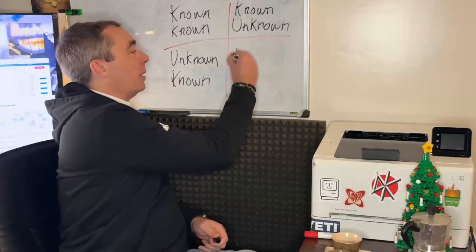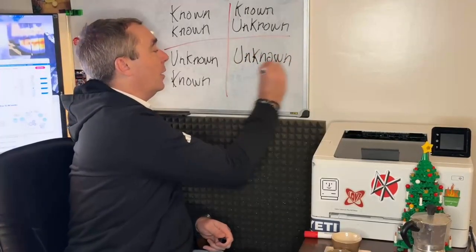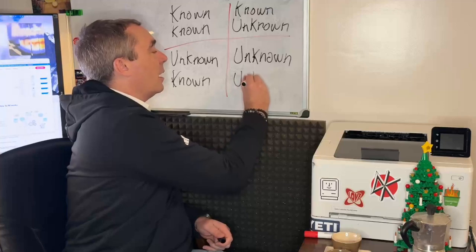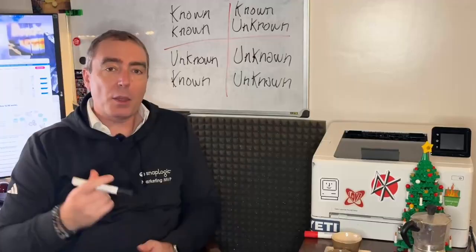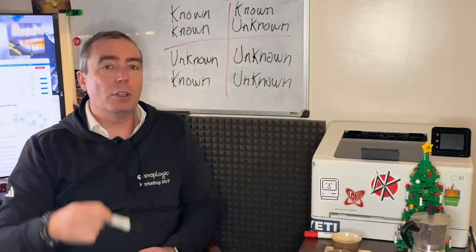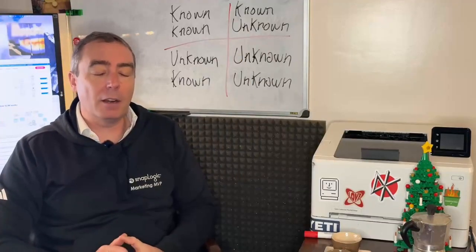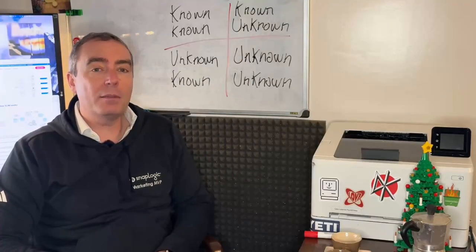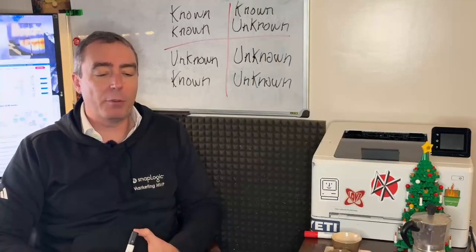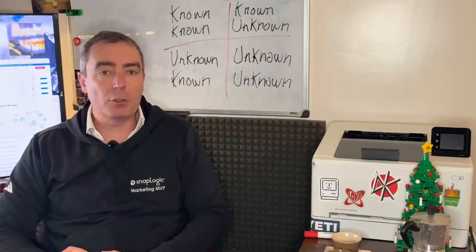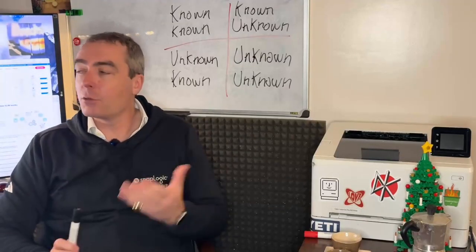The thing that trips people up is often the unknown unknowns. This is where it gets a little bit philosophical, but the idea is that these are the things that you don't even know that you don't know. You don't even think to ask the question as you would with the known unknowns. And so when you encounter them, they're a complete surprise. They're outside of your frame of reference, and they can really cause you problems. And that's where Donald Rumsfeld first coined this quadrant.